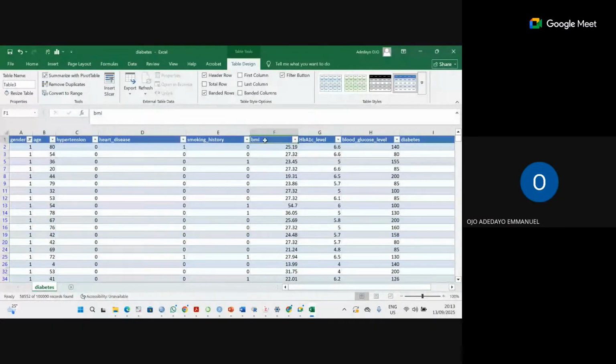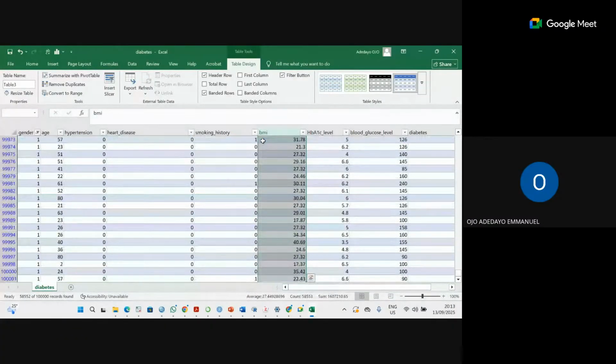So by the time you click on the BMI, you will press Control Shift Down. The shift down is the down arrow. You will look for the down arrow. In your own system, you can see the front arrow, back arrow, up arrow, and down arrow. So Control Shift Down Arrow is going to highlight everything at once, instead of you dragging your cursor from